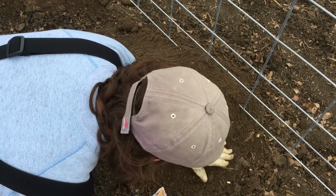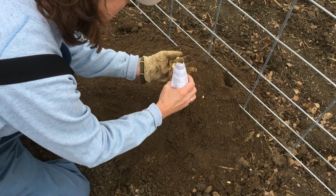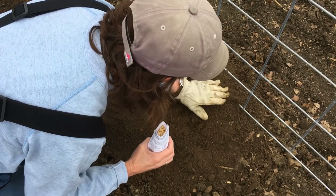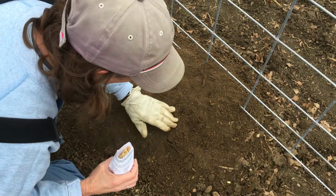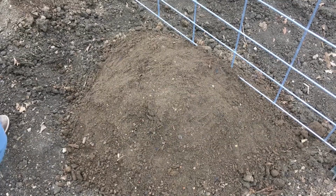These cantaloupes grow up really, really good on a trellis. They are personal size cantaloupes. They're delicious and they're beautiful. Now it's time to move on to my